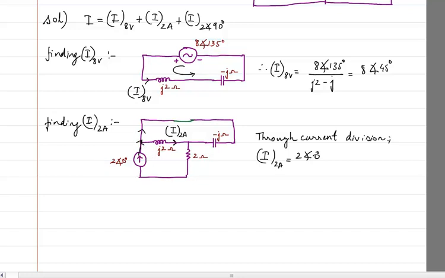Now instead of this current source, if it would have been a voltage source, then the first thing I would have to do is calculate the total impedance, then find out the current from that voltage source, and then use that to find the current division. Only at that time does this 2 ohms play an important role. Otherwise, right now in this circuit, this 2 ohms is not going to decide anything much.